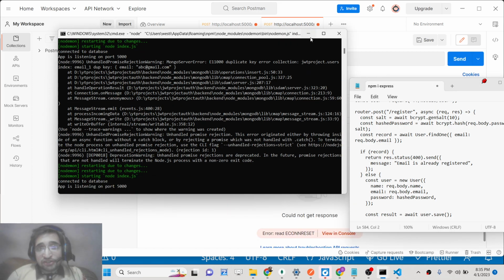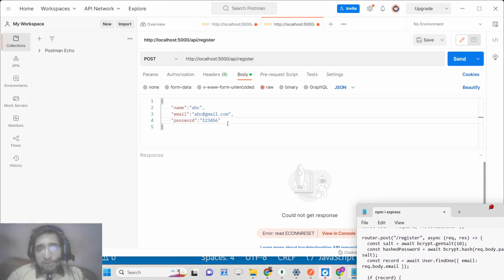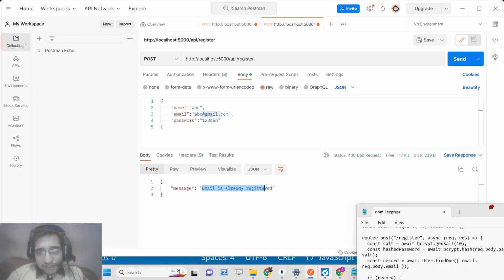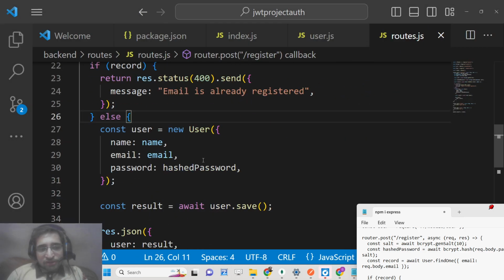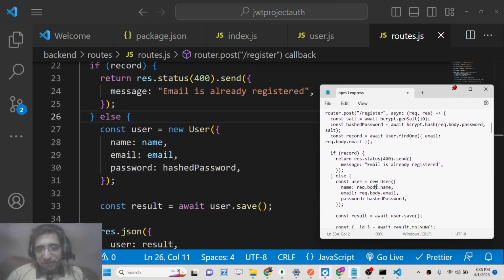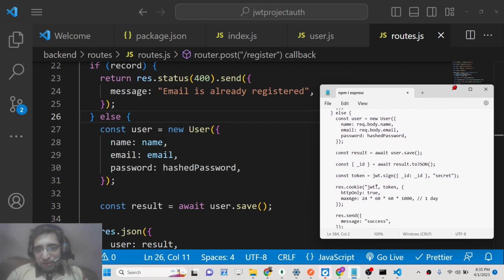Just restart this, and abc@gmail.com is already present. So you will see the email is already registered. This message you can display on any front end, JavaScript, Angular, Vue.js, React.js. We will be displaying it in the Angular front end. So this is basically, I think, the complete register request, and